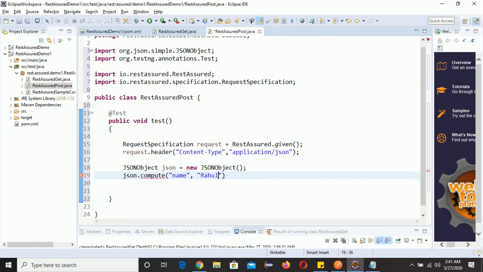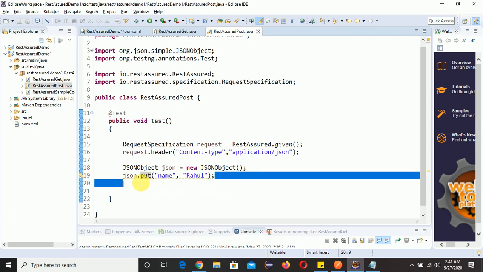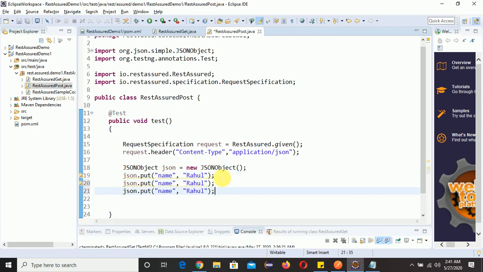So I will type here Rahul and give semicolon. So put means we are adding. We need to do put, right? Now same thing we need to do two more times. So let me copy paste and we will change accordingly. Salary 123 and age 23.